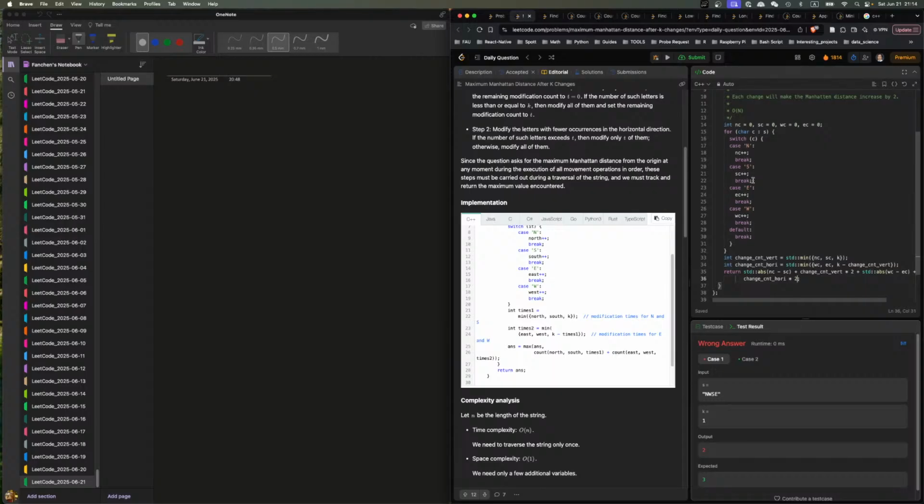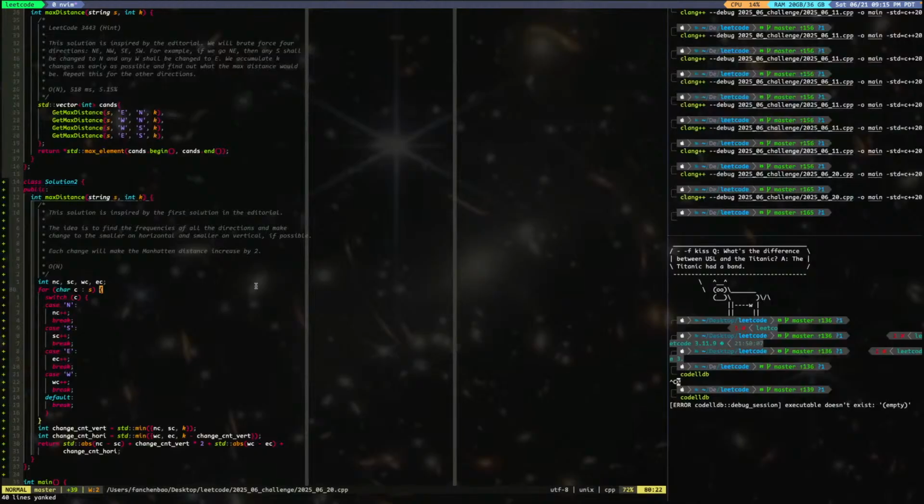It's not at the end. Every move we will check. If I do this every time, will it become better? Oh, okay, that is different. So basically for each time we do this,